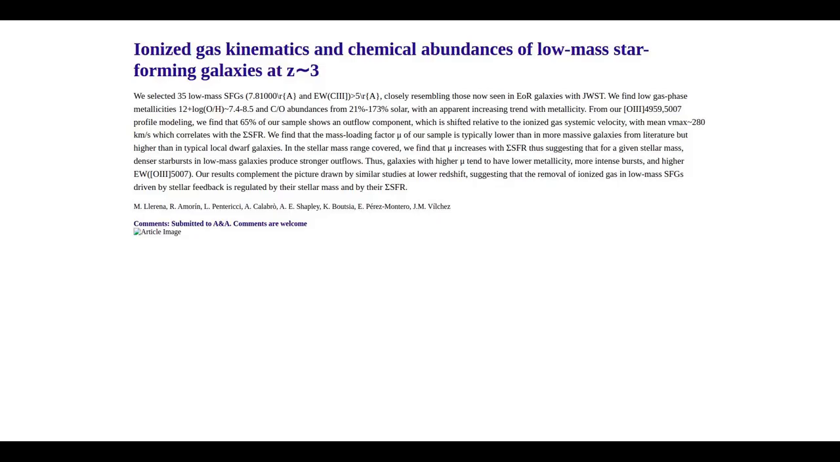Next article. Ionized gas kinematics and chemical abundances of low-mass star-forming galaxies at C3. We selected 35 low-mass SFGs less than 10.2 from deep spectroscopic surveys based on their CIII]1908 emission. We used follow-up NIR observations to examine their rest optical emission lines and identify ionized outflow signatures through broad emission wings detected after Gaussian modeling of